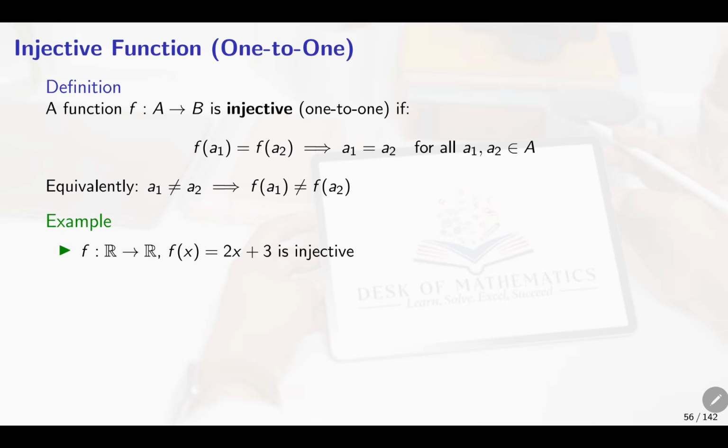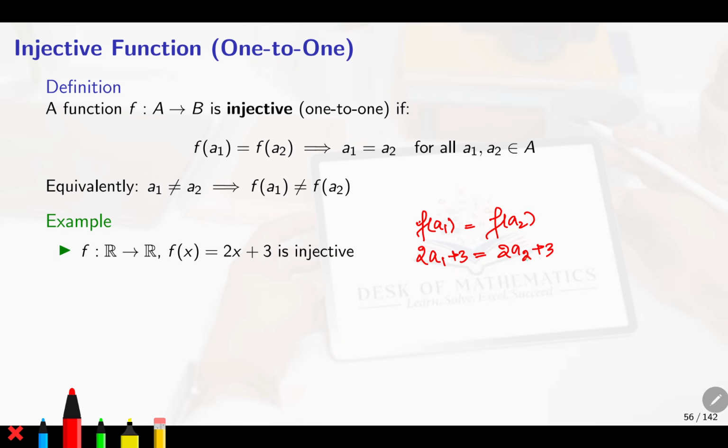For example, they will give you a function defined as 2x plus 3, so f of x is equal to 2x plus 3, and ask you to show that it is 1-1. For 1-1 you can go through my previous video, where I have already discussed it. That means every different element has a different image in the codomain. So what you will do is, let f of a1 is equal to f of a2. That means 2a1 plus 3 is equal to 2a2 plus 3. That means 2a1 is equal to 2a2. That means a1 is equal to a2, which means this is 1-1. Simple.